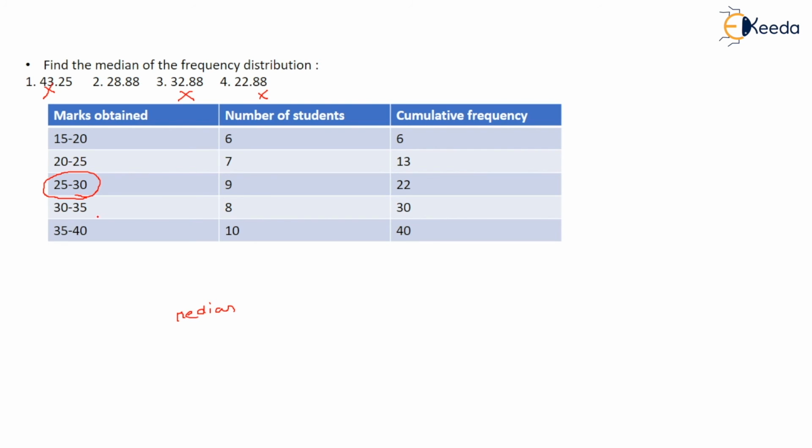But for solving, we can do this thing. We have to apply a formula, that is median equal to L1 plus L2 minus L1 upon F into n by 2 minus C. Okay, so what are these terms? So L1 will be the lower limit of middle value, L2 is upper limit. Okay, F is frequency. So frequency you can see of that median or the middle value, that is 9 is the frequency, and n means cumulative.